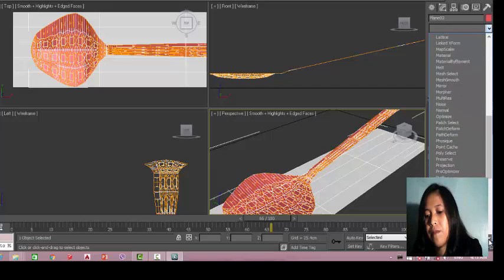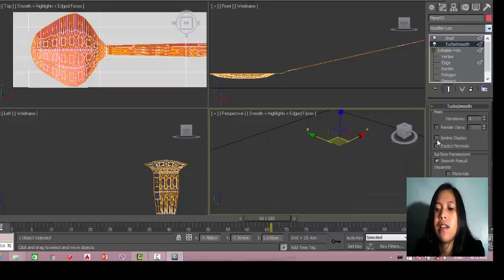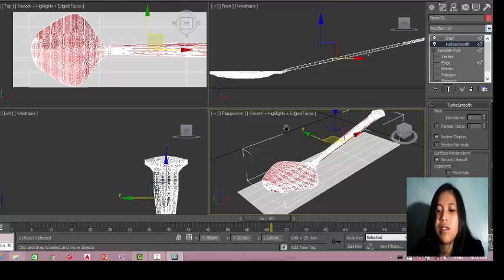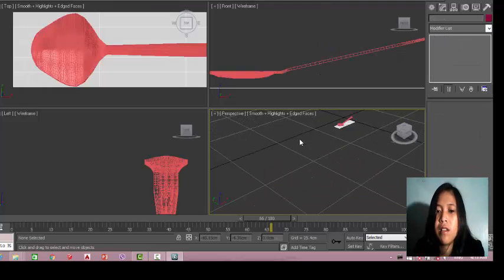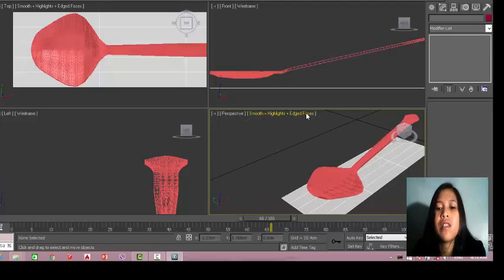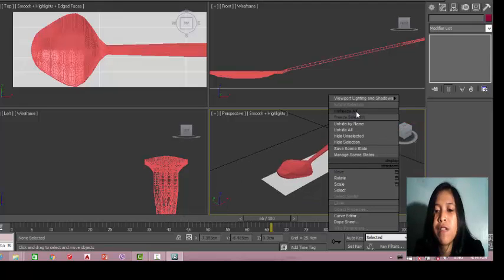Then click this isoline display, check it out, and explicit normals. After that, it's done. And you just have to turn off the edge pieces, and then right click, hide and freeze.